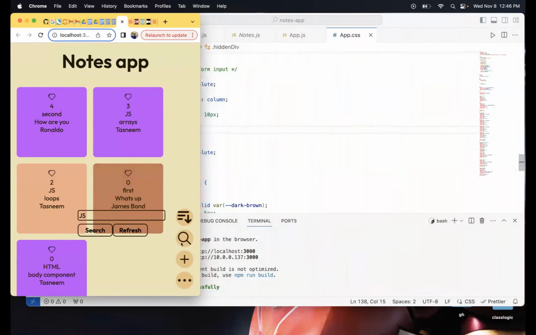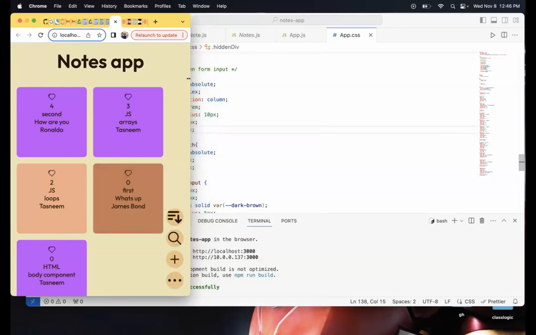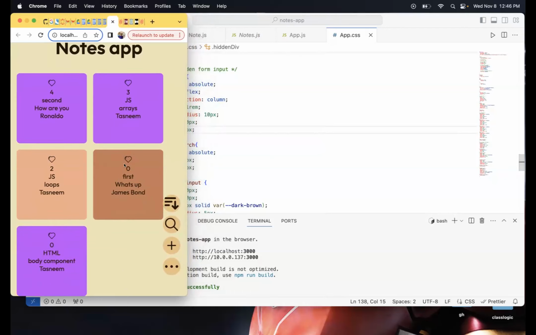So the idea is, most cases it should look something like this. We just keep on adding to it. But one thing we have to do is set these to a display fixed.